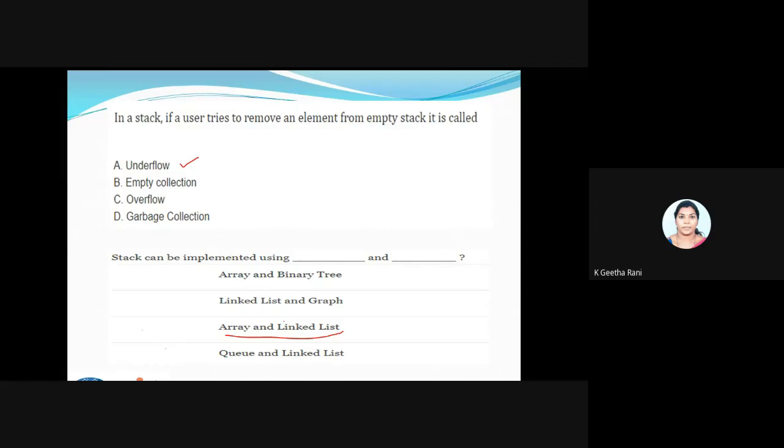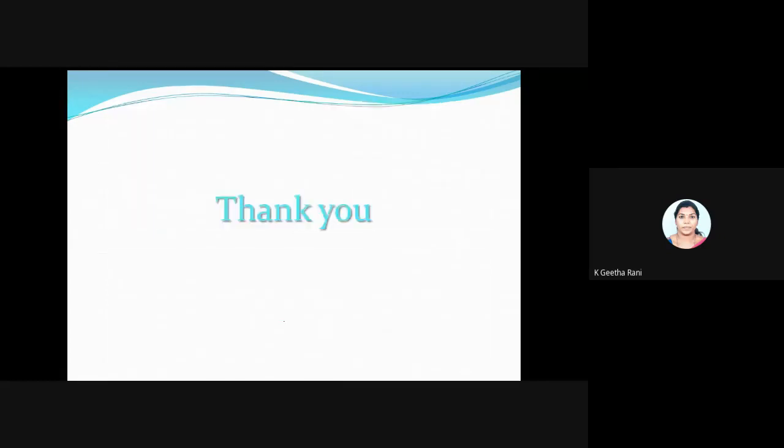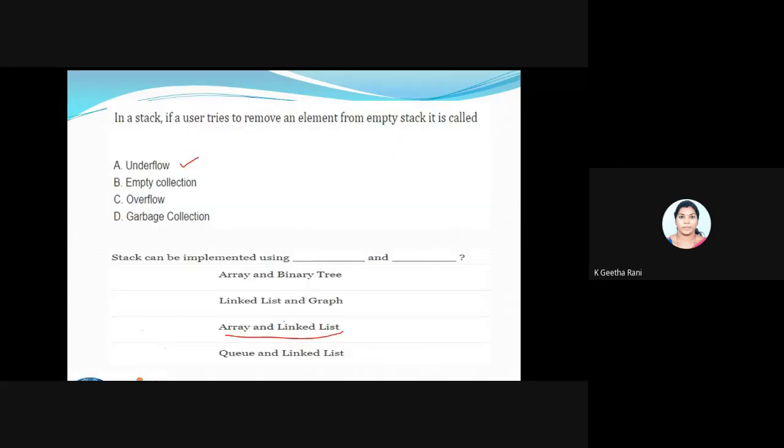So that's all for today's session. I thought to make clear what the stack is and what the operations of stack are. That is done. If you have any doubts, you can ask me now. We have another 10 more minutes. You can ask me if you have any doubts in stack.